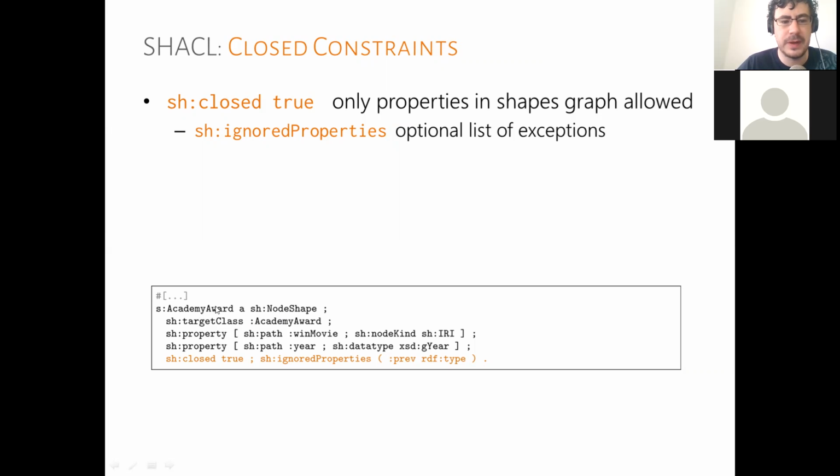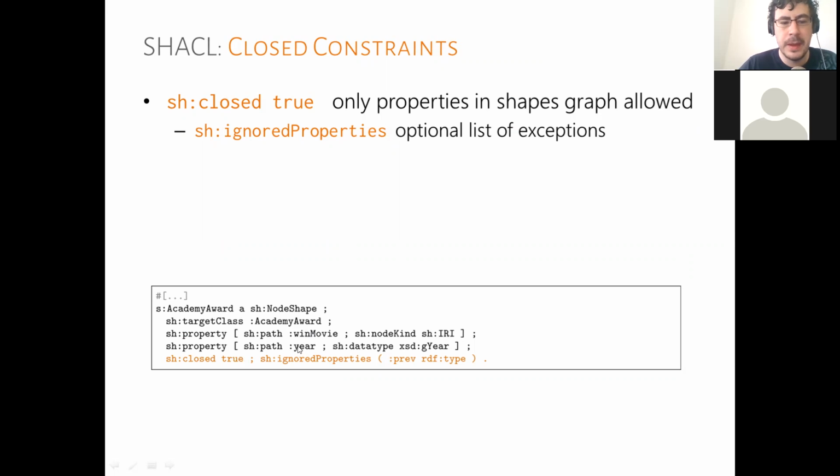So we have a shape for validating Academy Awards, and we target instances of Academy Award. And then we define that win movie must be of type IRI. That year must be a data type of type gYear. And then we add this closed true. And what this says basically is that any property not mentioned here should not appear on nodes targeted by the shape. So effectively, it means that Academy Awards can only have win movie as an outgoing property or year as an outgoing property,